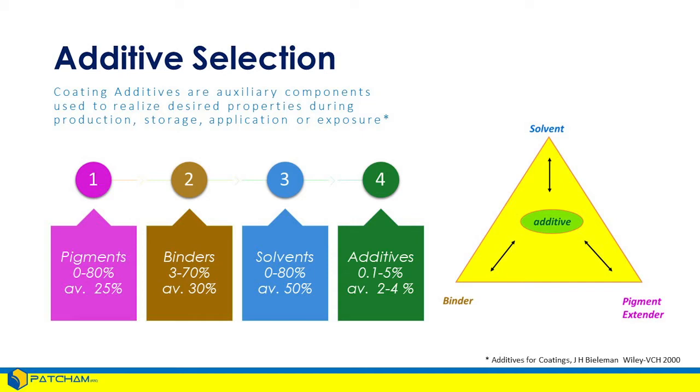In solvent-borne systems, we take these liquids and we dissolve the resins, which then becomes a liquid paint system. In waterborne, our solvent is water. The binders are not solubilized by the water. They actually exist as individual polymeric particles. So they exist as organic particulates within a waterborne system.